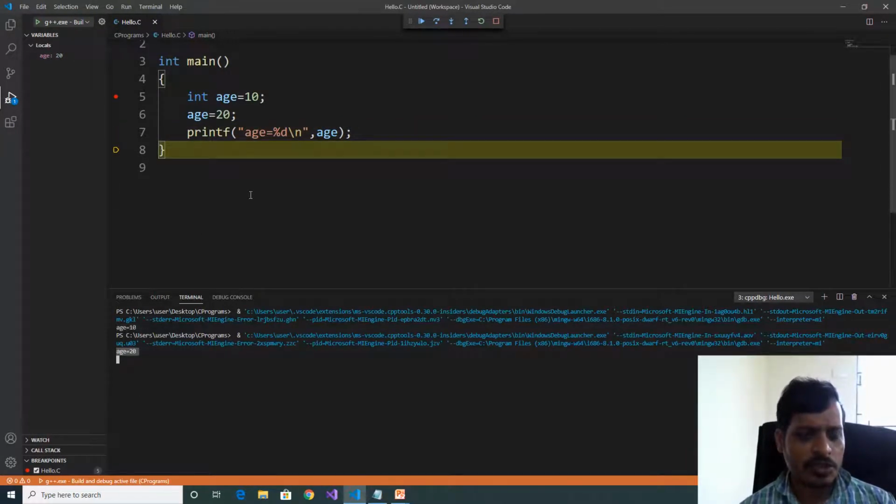That means we can't store more than one value in a single variable. If you want to store multiple values, then we need to declare multiple variables.